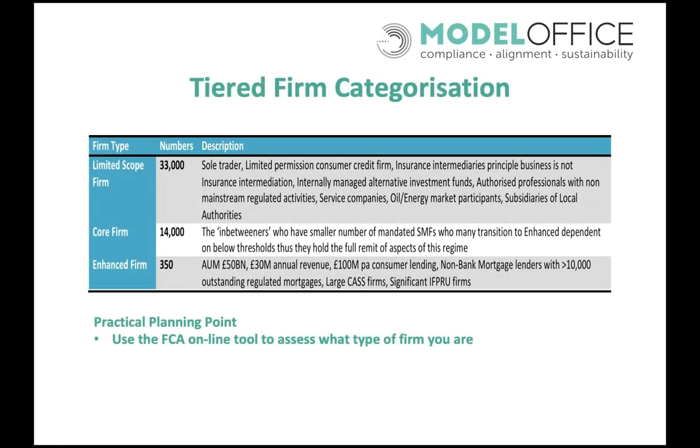So let's just very briefly talk about the key issues that we're dealing with here. Well, the first most important area is knowing your firm categorization. The FCA have a great planning tool. What you'll see on our slides here, we've got what we call planning points, key planning points, top tips if you like, that you can take away today and start to apply to your business, and all this is embellished far more by our project plan that you can purchase